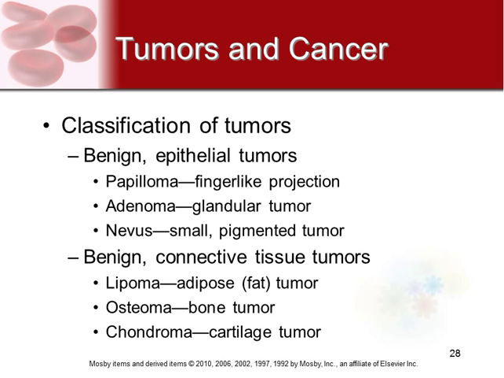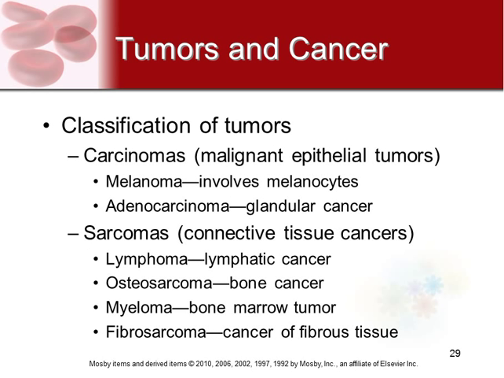So tumors can really be classified in a whole lot of different ways. I really just want you guys to know the categories. All those little subcategories that are listed here are just to help you get an idea, because I know sometimes people need a little more information than just the basics to help them understand and remember. So you can have a benign tumor, and it can happen in a whole lot of different places. It can be epithelial, which means those are like your skin cells, or it can be in connective tissue, but these ones are just benign tumors. The benign means that there's only the one, it hasn't spread, it's not really going anywhere.